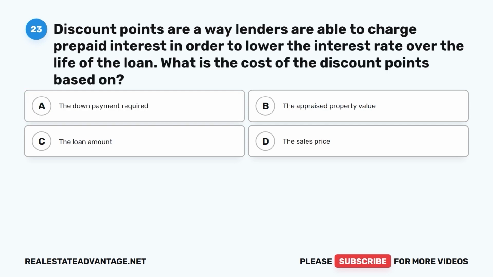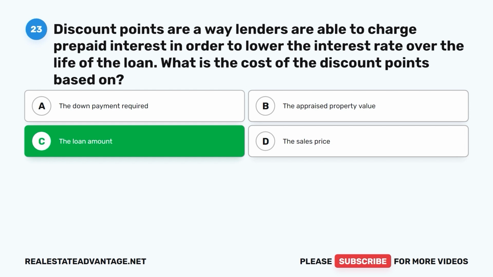Question 23. Discount points are a way lenders are able to charge prepaid interest in order to lower the interest rate over the life of the loan. What is the cost of the discount points based on? A. The down payment required. B. The appraised property value. C. The loan amount. D. The sales price. The correct answer is